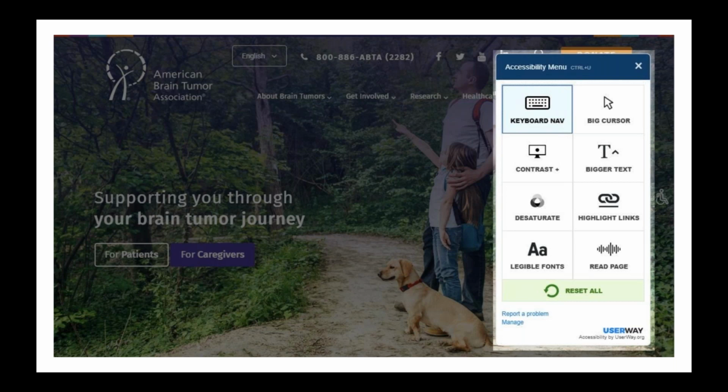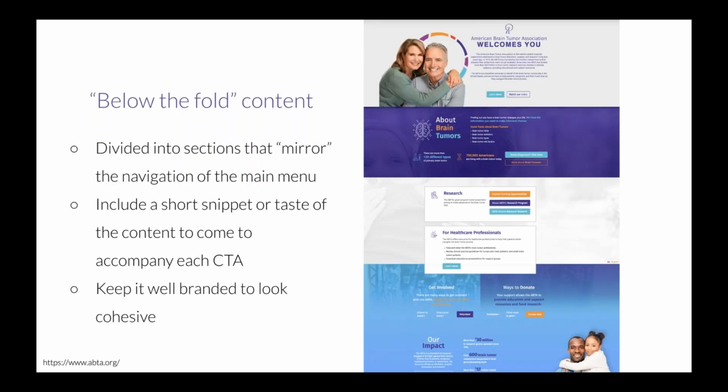So let's venture down below the fold. When I had previously called this homepage the tasting menu of the rest of your website, this is more of what I was referring to, because people tend to scroll quickly, not reading every component, but scanning to see what each section offers. So when something catches their eye, they'll want to continue forward. So as you can see on American Brain Tumor Association's website,